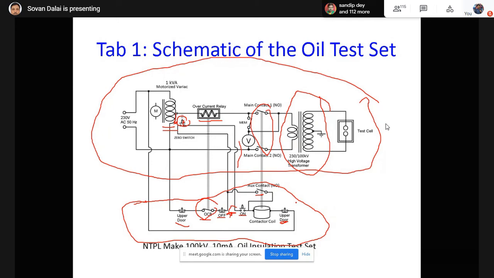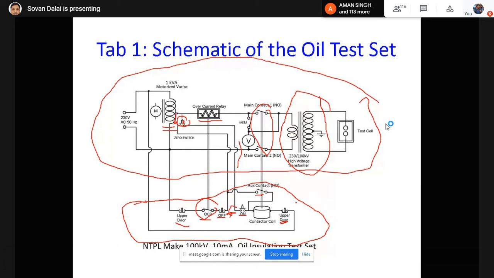If this portion of the oil contains more impurities, the breakdown voltage will be low. If the oil impurities are less, the breakdown voltage will be more. If the impurities were uniformly distributed throughout the entire oil, then we could take one reading, and from that reading we could say this is the breakdown voltage of the